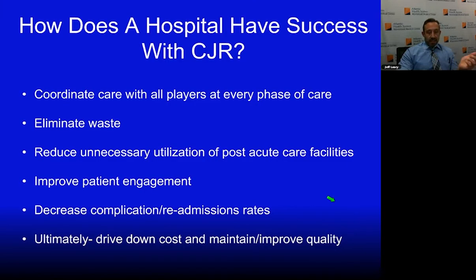Then the other thing you have to do is talk about patient engagement. You have to get patient buy-in, and that starts at the surgeon's office, explaining to them the benefits of going home. There are good studies showing that there are fewer readmissions. Patients actually do better if we get them home, with less exposure, especially in COVID time. You certainly are trying to minimize exposures to rehab facilities.